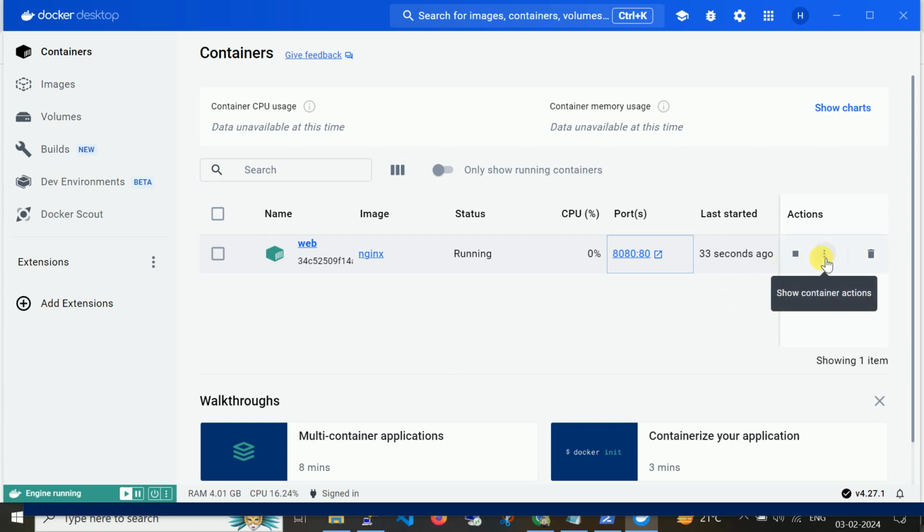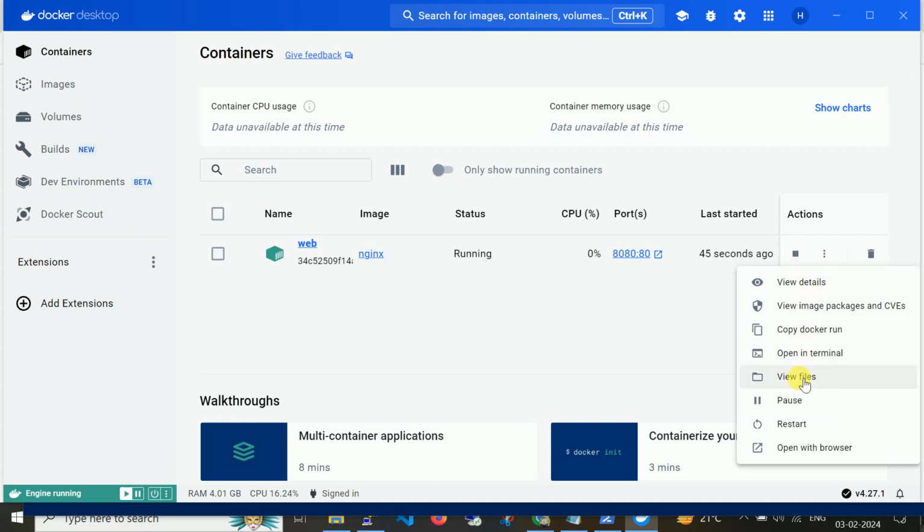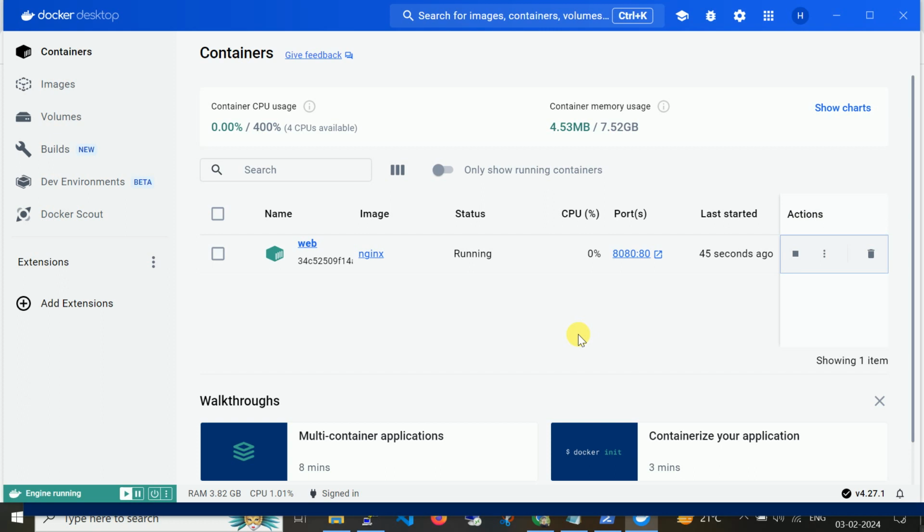Here also we have direct buttons to stop and other actions, pause, and open in the browser. So yes, this is the basic setup of the Docker engine on Linux and Windows instances, and we have seen the basic commands of containers.